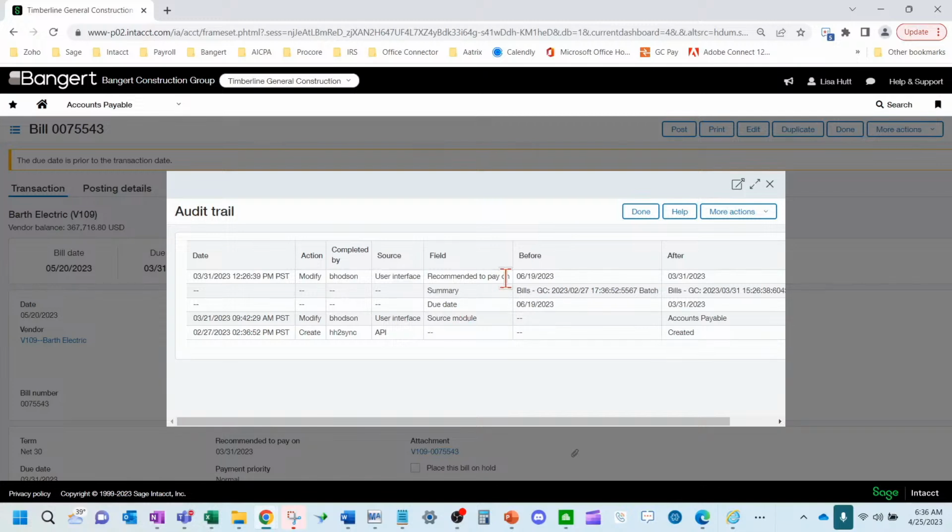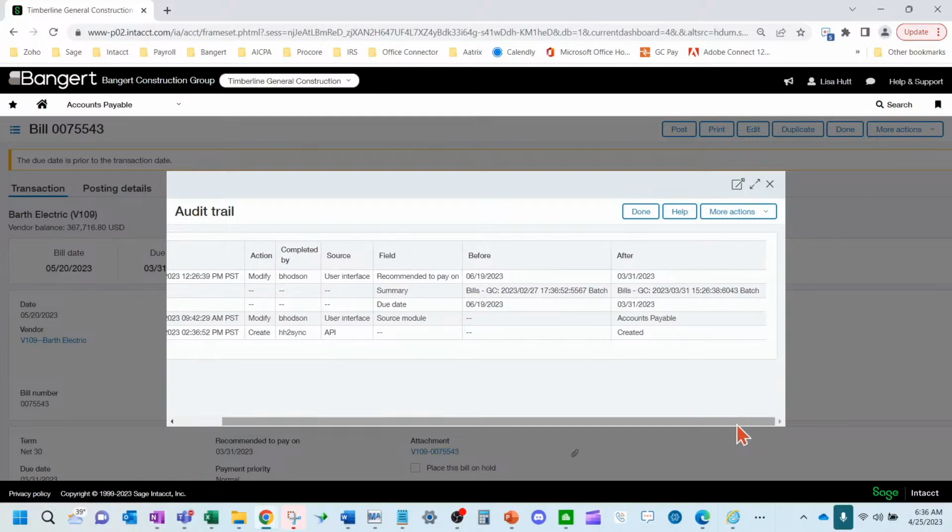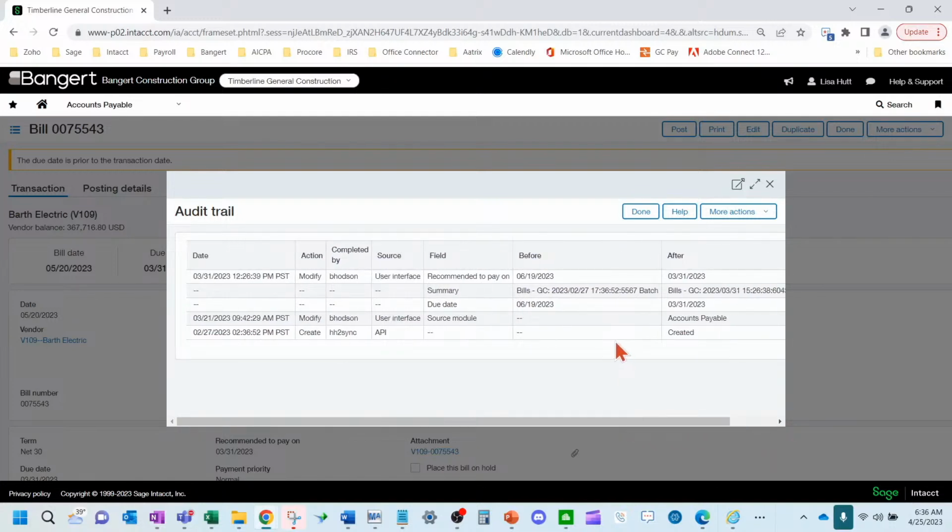And the modification looks like the due date was changed from 6/19 to 3/31, thus giving us the error over here.